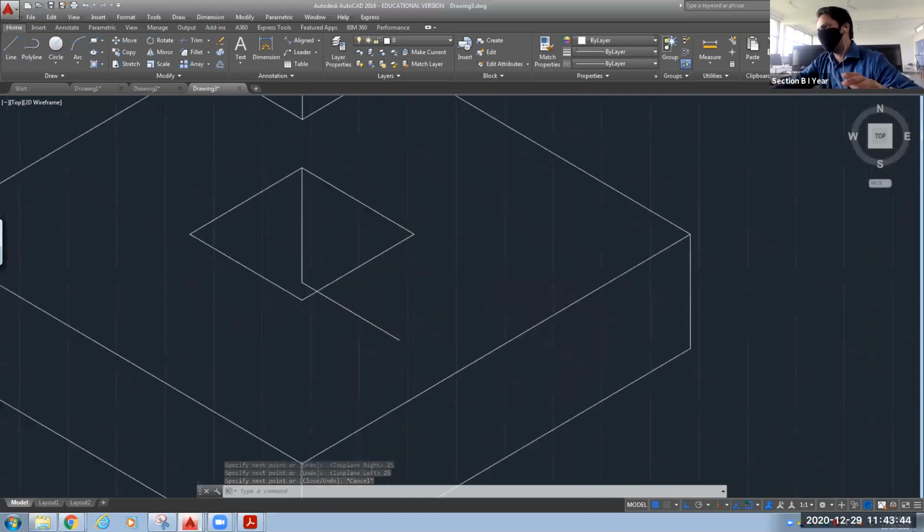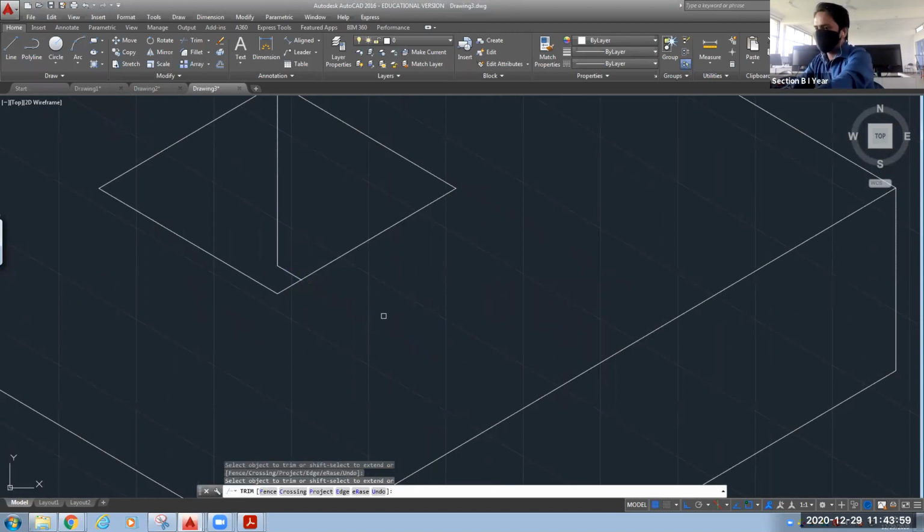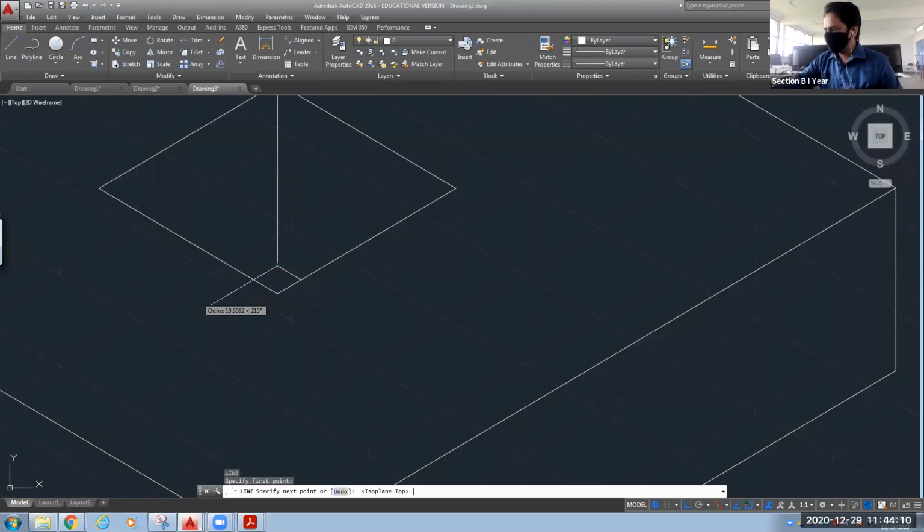But this, if you will see carefully, the cut portion will not be visible beyond this line. Okay, so let's reduce it or trim it. We will use that trim command only. I will cut this portion. Similarly, one line will come in this direction also. So starting with this point in this direction, I will change the orientation. Length 25 I will keep, and I will trim the extra part.